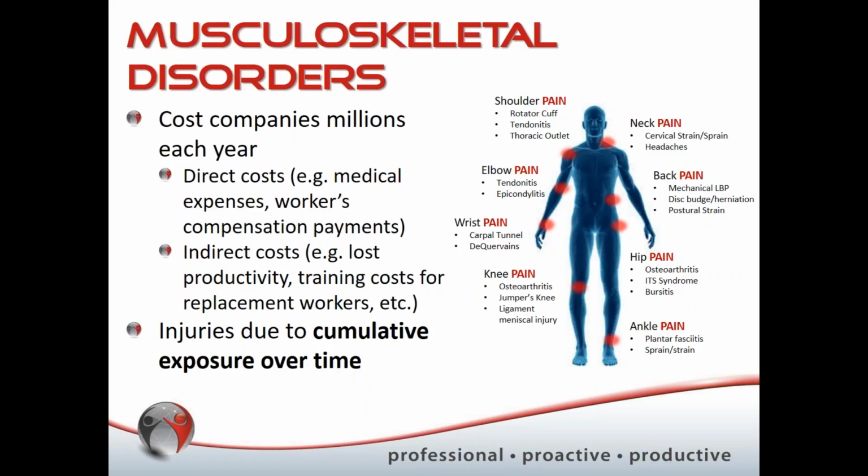If that's the kind of trend you're finding, where it doesn't really matter how long they've been there, whether a few days, a few weeks, a few months, your injuries are coming up kind of front-end loaded, then there may be an indication that as an industry, you're experiencing injuries that you didn't cause. So